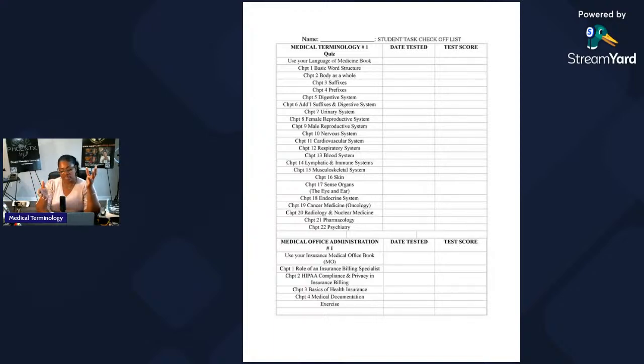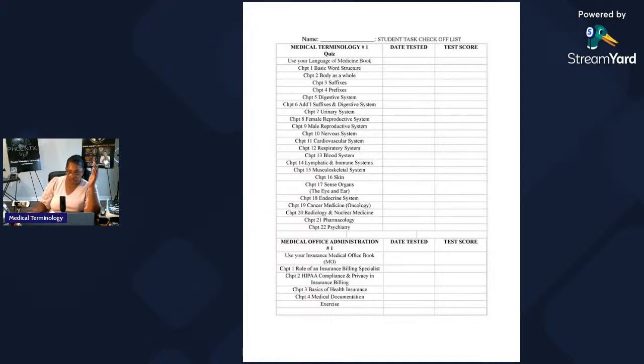I need you to pass your certification. When you finish with $27,000, you still have to take a certification. You can't go in there coding without it. The only reason I hire without it is because I'm giving a test, and I'm pretty sure if she passes that test, I'm hiring her and I'm giving her 90 days. Everybody doesn't do that. But hopefully, you have some directors and supervisors out there that will give you a break.